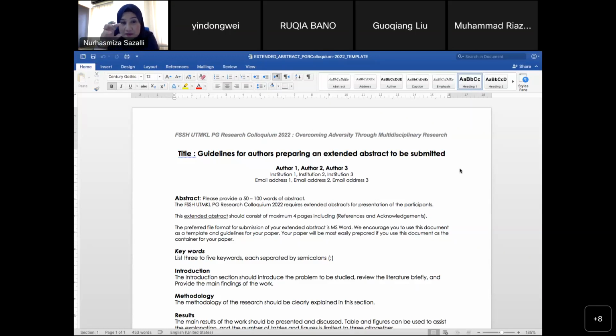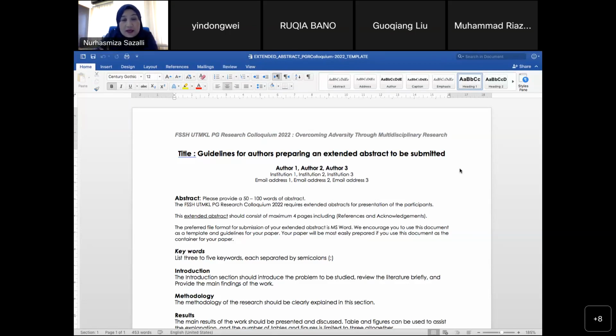When you read abstracts of other researchers, a good abstract will tell what the research is all about. The introduction, maybe one line, and then the problem statement. What is the problem that you see in the research that makes you want to do this research? Just one line of the